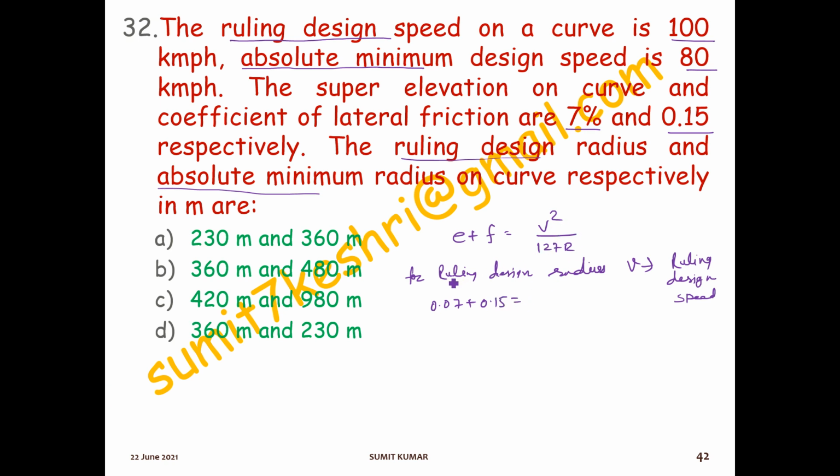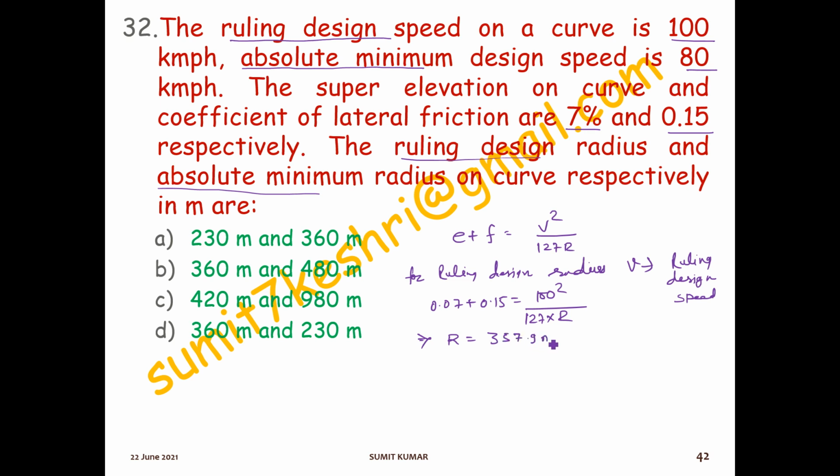Now, for finding this ruling design radius, select the ruling design velocity, which is given: 100 square divided by 127 into R. R is what we need to calculate. So from this equation you can find the value of R. Just compute this one. You will get the value of R as